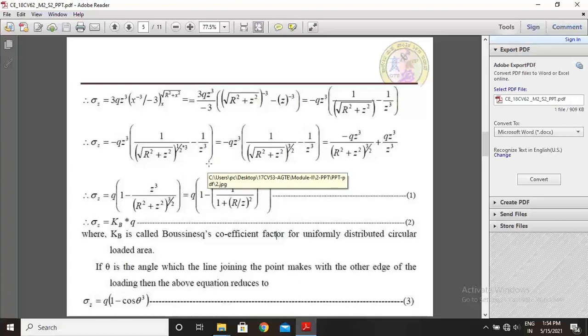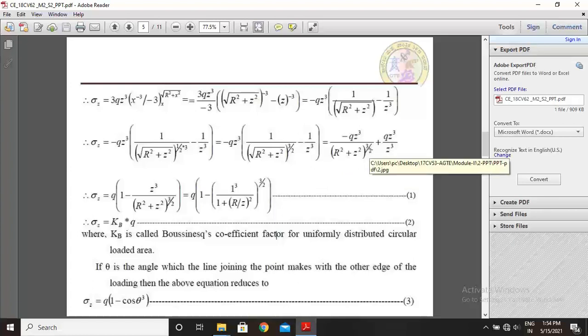I am simplifying the equations. Finally this equation becomes, after simplifying, minus q z cube 1 by root of r square plus z square to the power of 3 by 2 minus 1 by z cube. Now after simplifying, minus q times z cube by r square plus z square to the power of 3 by 2, minus minus plus, now it becomes q z cube by z cube. So the final equation after simplifying this,